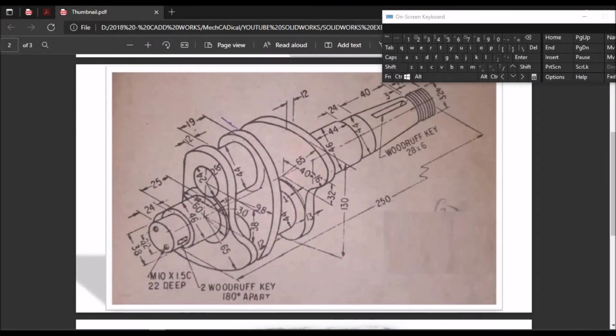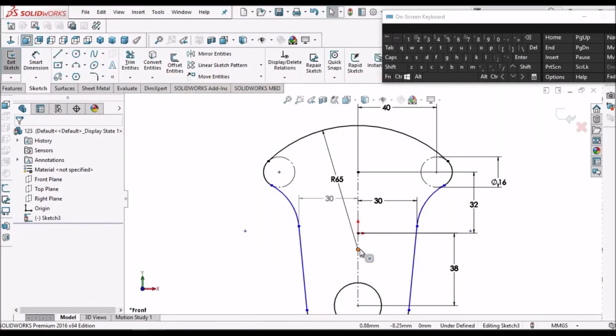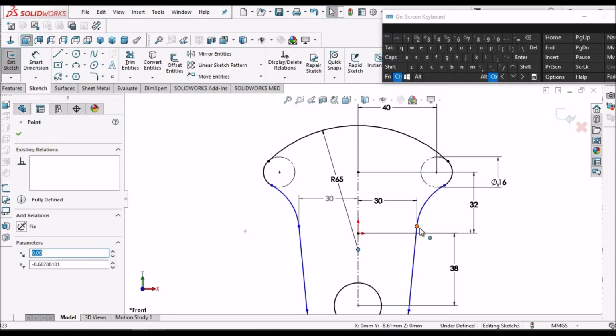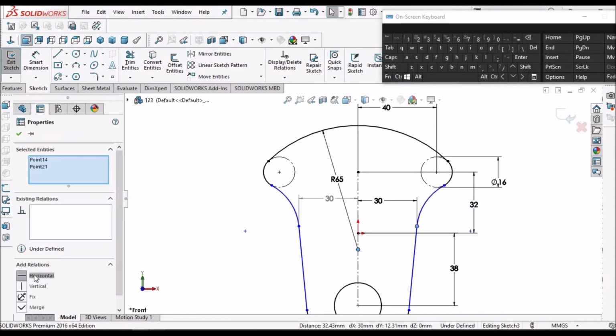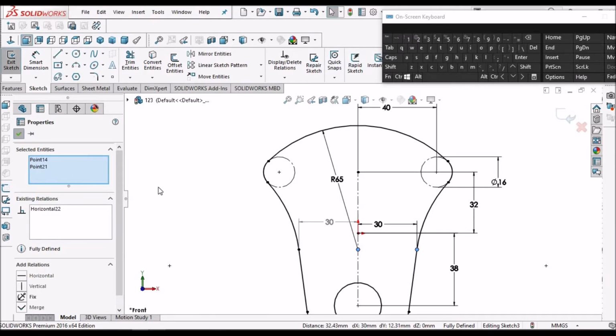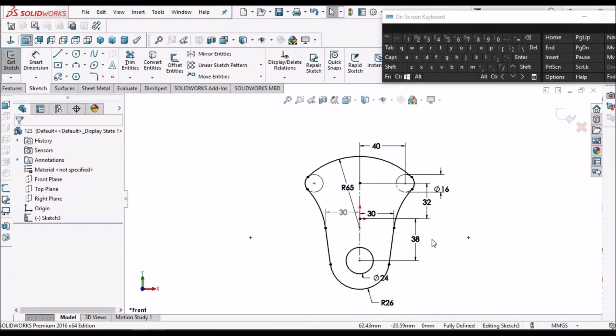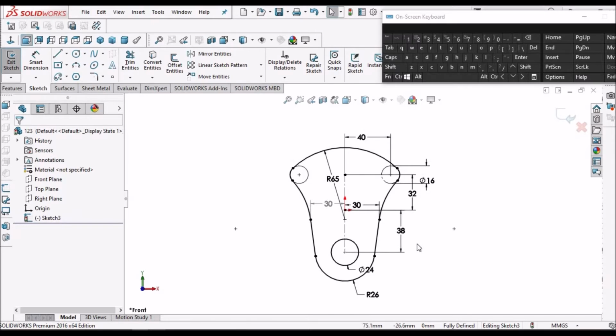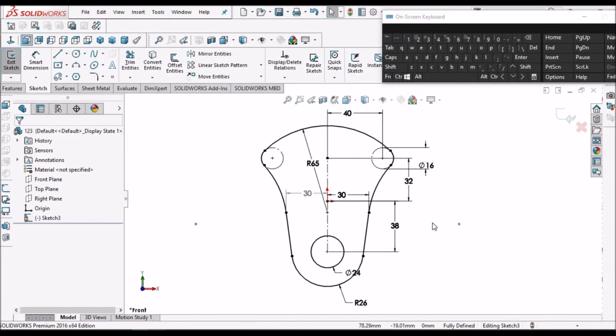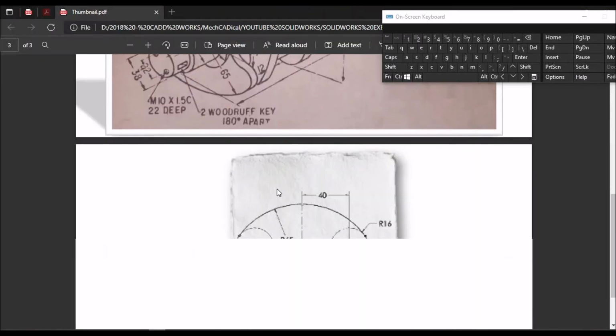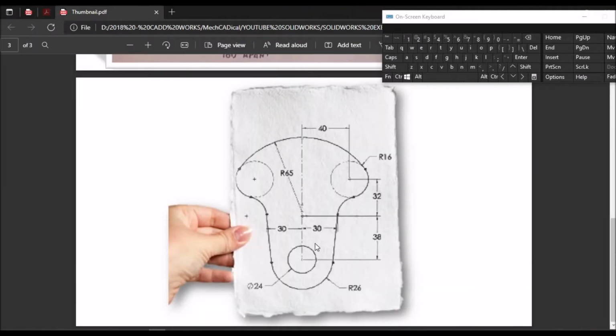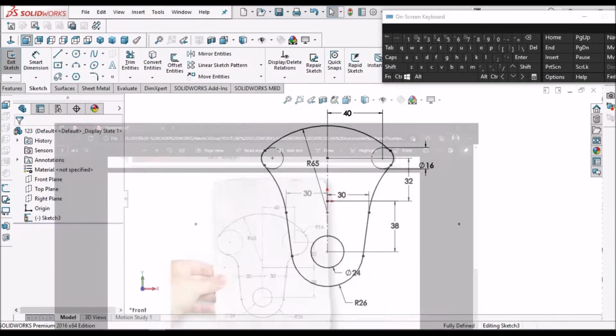Now we have to check the radius. So radius is not given, so we have to make it horizontal. So this is how the sketch is completely defined. See, let's see, it is defined.